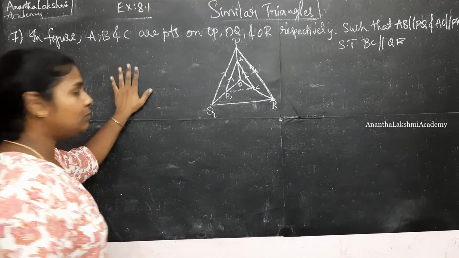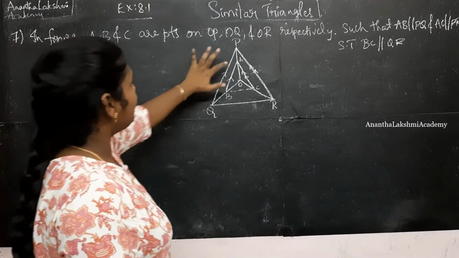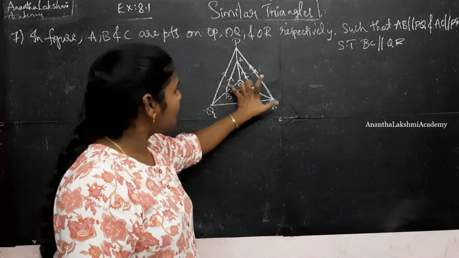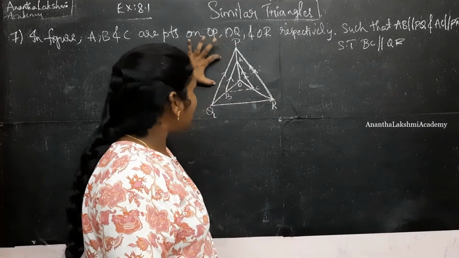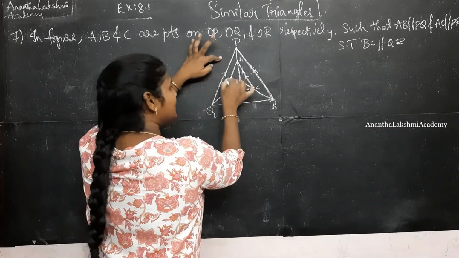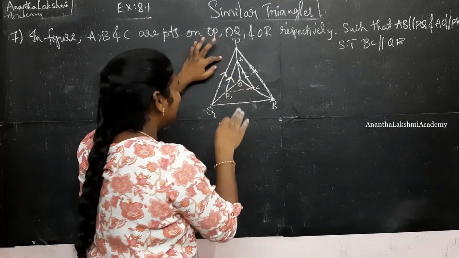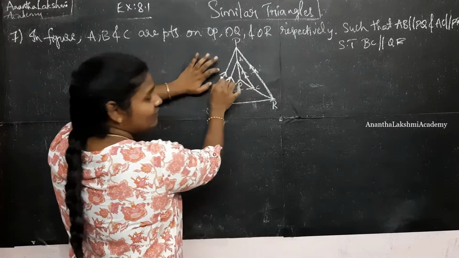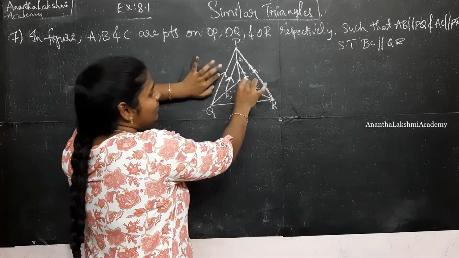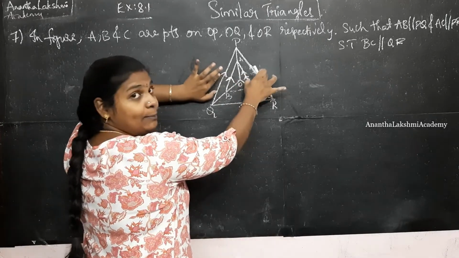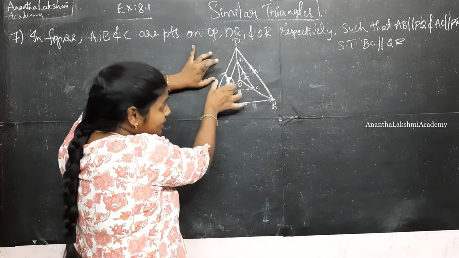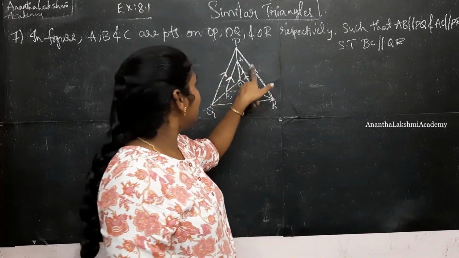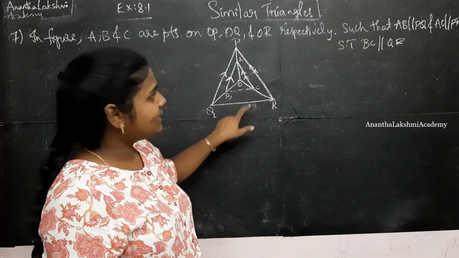Here we have the 7th problem written on the board. In the figure, A, B, C are points on OP, OQ and OR respectively, such that AB is parallel to PQ. Look at these arrows. They are not just there for diagrammatic purposes. When an arrow is given like this, it means parallelism. When one arrow is given on two lines, these two lines are parallel. Such that AB is parallel to PQ, AC is parallel to PR,